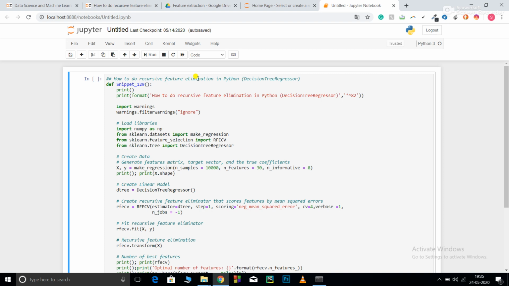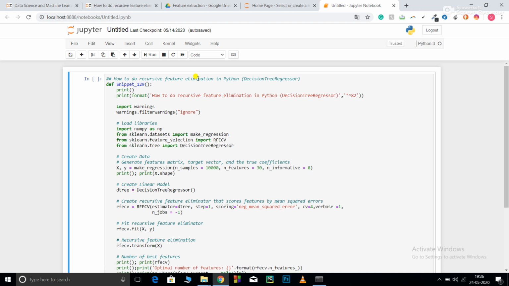Suppose in the case of larger data sets where you have 100 or 200 features, you cannot give your model the complete 200 features to run on, as it will increase the time complexity. Many of your features may not help, and may even reduce the accuracy of your model. So in those cases, you need to select the most important features for your models to get the best result.